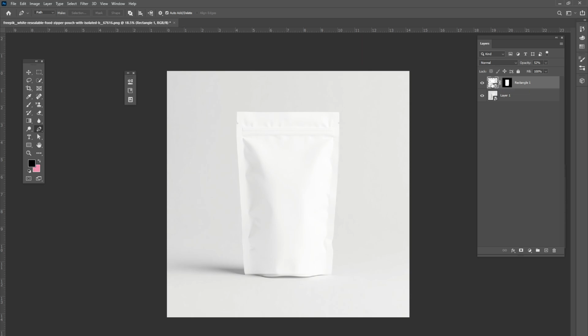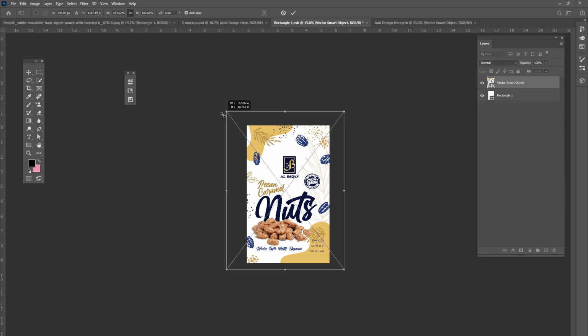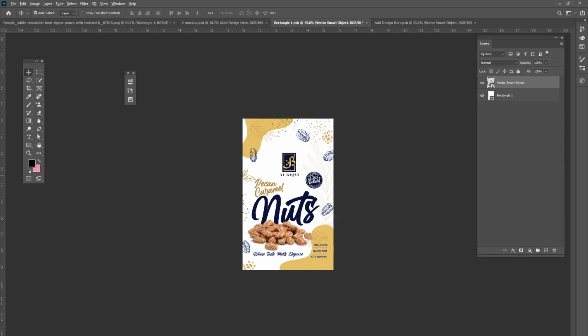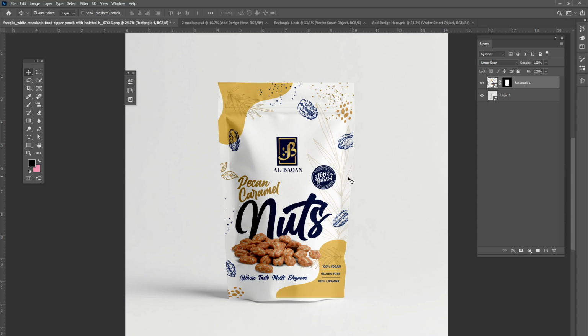Now just open up the smart object and place your artwork in that smart object. We have placed it here. Press Ctrl S and we are good to go. We have some little adjustments here. Just wrap it out,